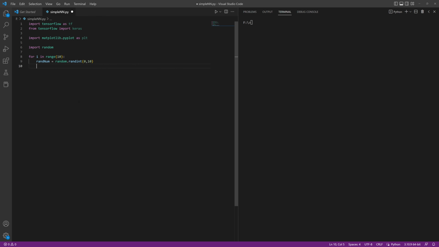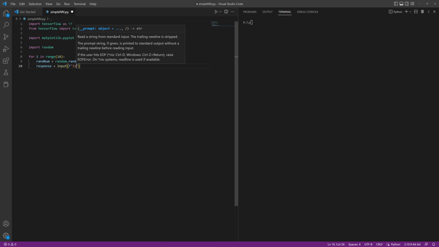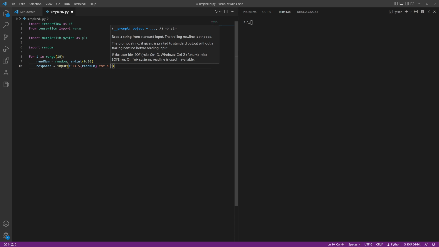And then I will ask the user. So I'll generate a random number called random num, and that will be a random integer between 0 and 10. And then what I'll do is I'll save the response of what I input as another variable. So response equals input. And I'll ask something like, is whatever random number it draws, whatever random number it picks, for a loaf of bread